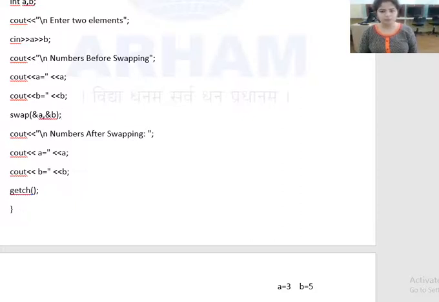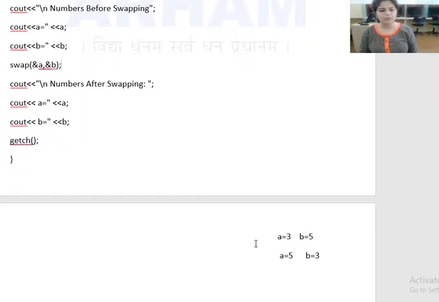Now what will be the output of this program? For example, you have given the value of a as 3 and the value of b as 5. It is not mandatory, but it is necessary to display the value of a and b on the output screen. Otherwise the examiner or anyone will not be able to check the previous values of a and b, and what the values are before swapping and after swapping.